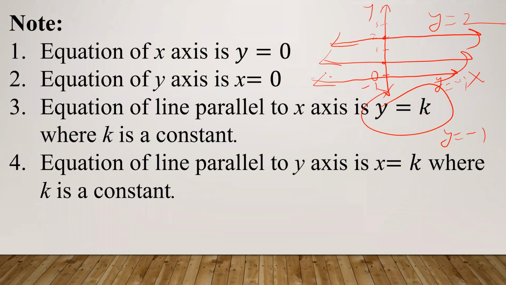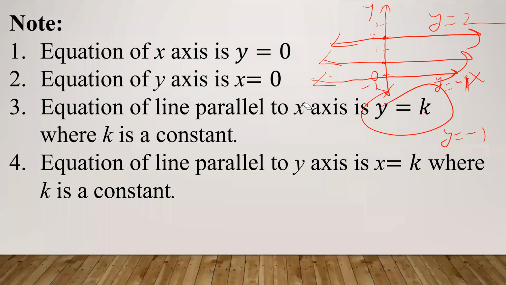Here k is negative, that is if k is positive, the line will be above x-axis, and if k is negative, the line will be below the x-axis. And what if k is equal to 0? If k is equal to 0, you will get y equal to 0. What is y equal to 0? It is the equation of x-axis. So that means when k is 0, the line coincides with the x-axis. Okay. Similarly,